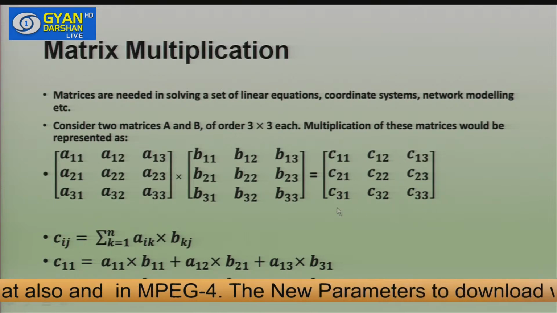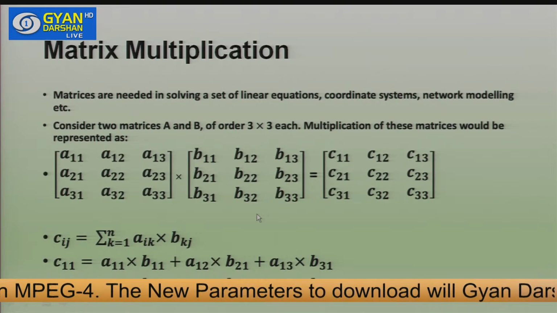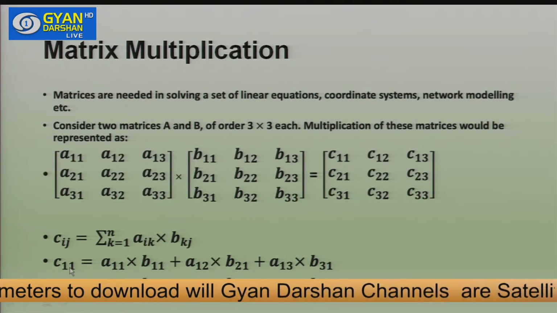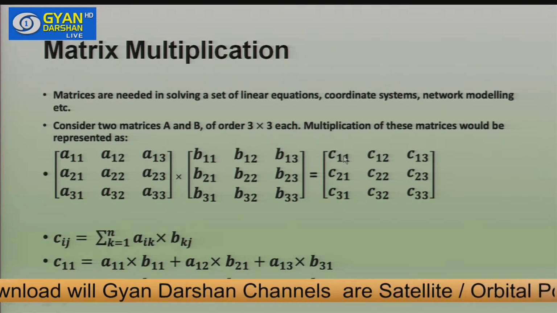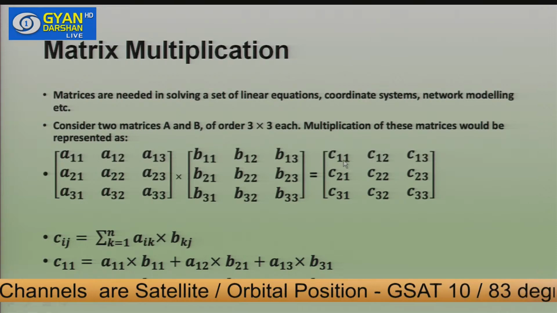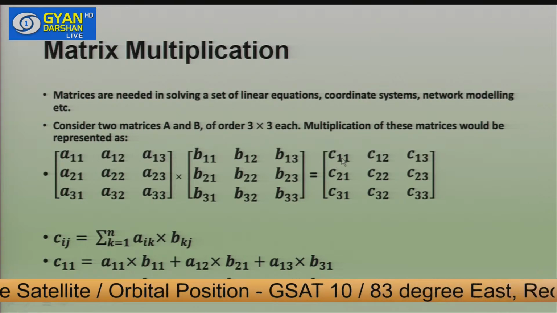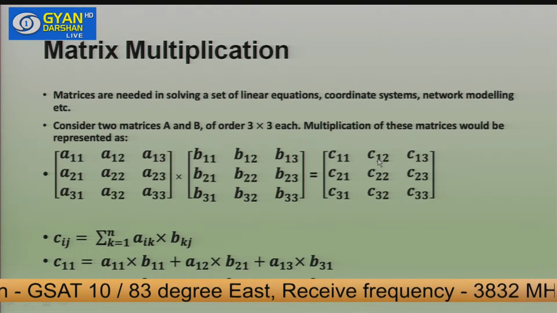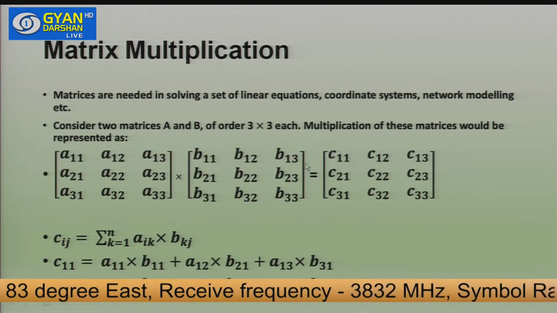So our results are going to be stored in matrix C. And how will C be computed? For example, I want to compute C11. C11 means the first row. So we will pick up all the elements of the first row from A and the first column